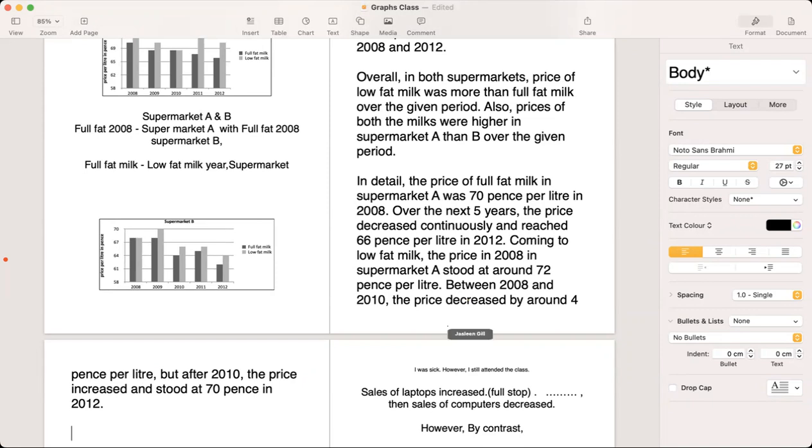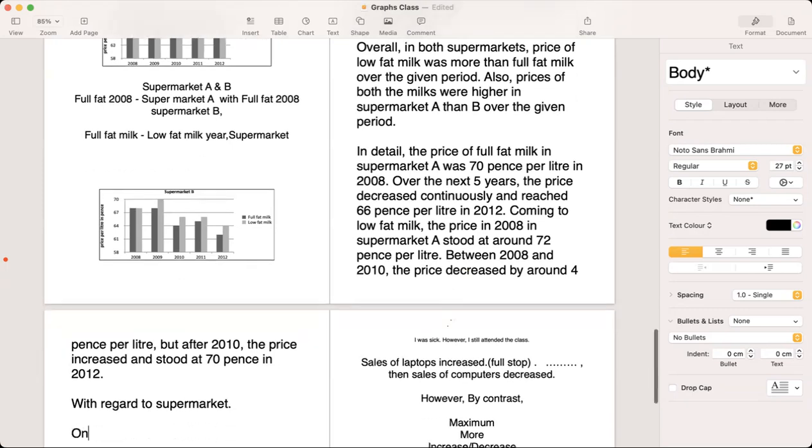अच्छा, क्या फर्क है बताओ, A और B में क्या फर्क है? उसमें भी तो प्राइस डिक्रीज ही हो रही है कि नहीं? Sir, with regards to... देखो, अभी कोई कंपैरिजन नहीं हो रहा है, अभी वही बात होनी है। अभी बस तुम B की बात कर रहे हो, तो 'with regard to supermarket B' कोई कंपैरिजन नहीं बनता है। You are using 'on the other hand' without a reason। पहले हम सुपरमार्केट A की बात कर रहे थे, अब हम सुपरमार्केट B की कर रहे हैं, इसलिए on the other hand